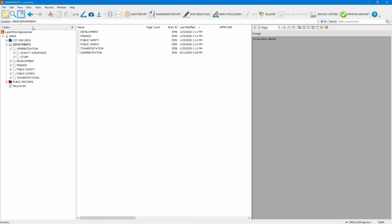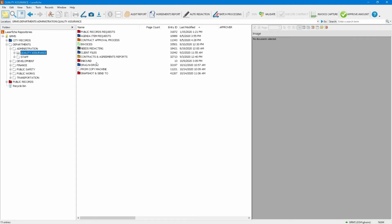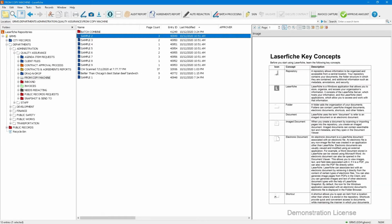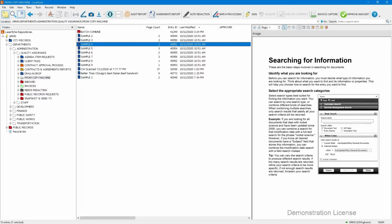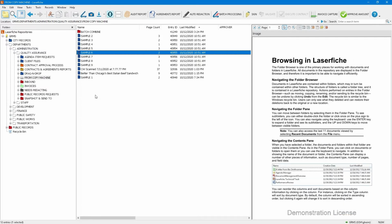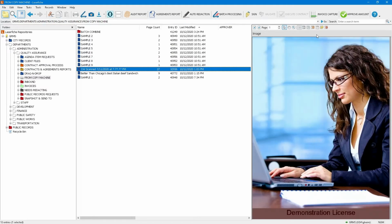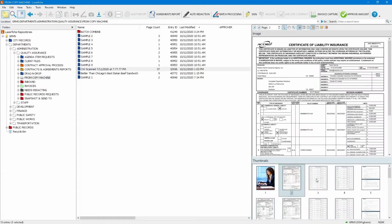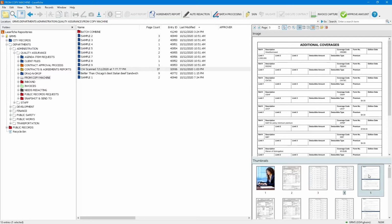Moving along here, I want to point out the quick search. And this is really a nice feature to have, and let me show you a couple examples why. So let me get back into my folder here, where I can simply click on a particular document, right, and it shows me in a brief view what's in there without having to open and close and open and close. And we're going to talk about this a little bit further down. One of the other things that we can do too is turn on, say, the thumbnails, right? So I can actually peruse through this document in the quick view by turning the thumbnails on